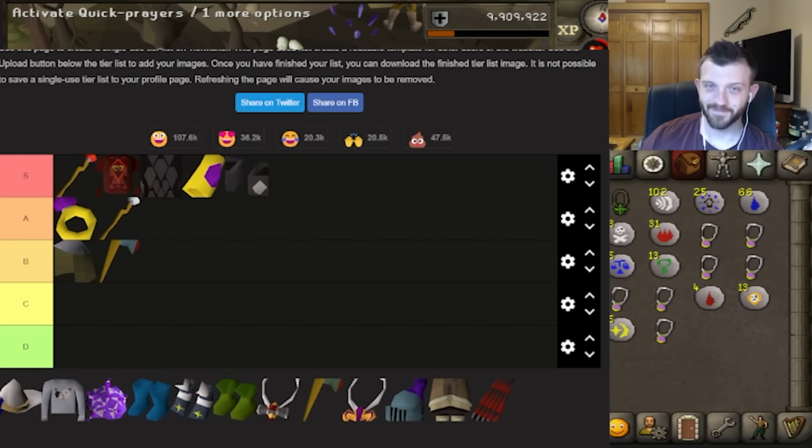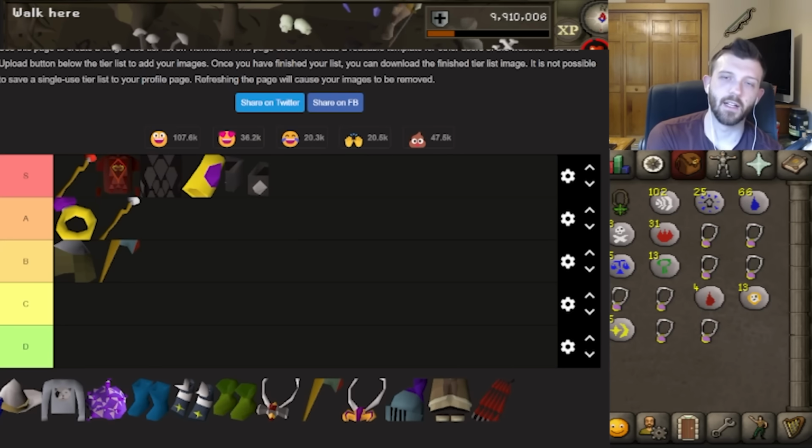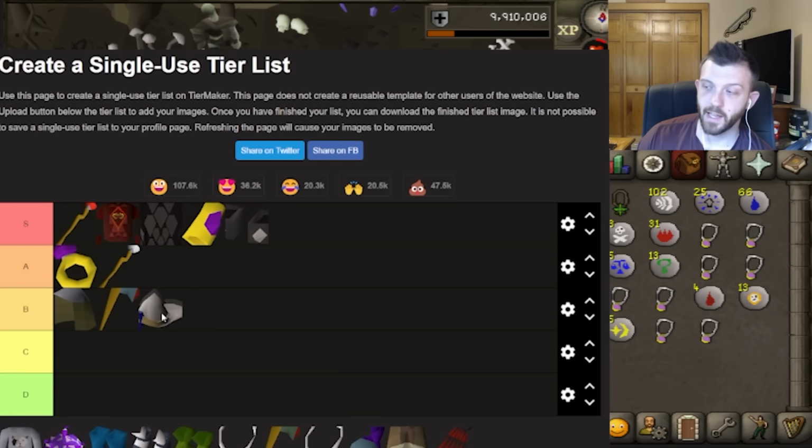Next we have a miter. Miter is for the hat slot, and it gives a +5 prayer bonus as well as some magic accuracy. Obviously I have the ancestral hat, so I really wouldn't want it for the magic accuracy, but I would say the miter would be really good for melee and for range, in order to just have a really good prayer bonus on top of